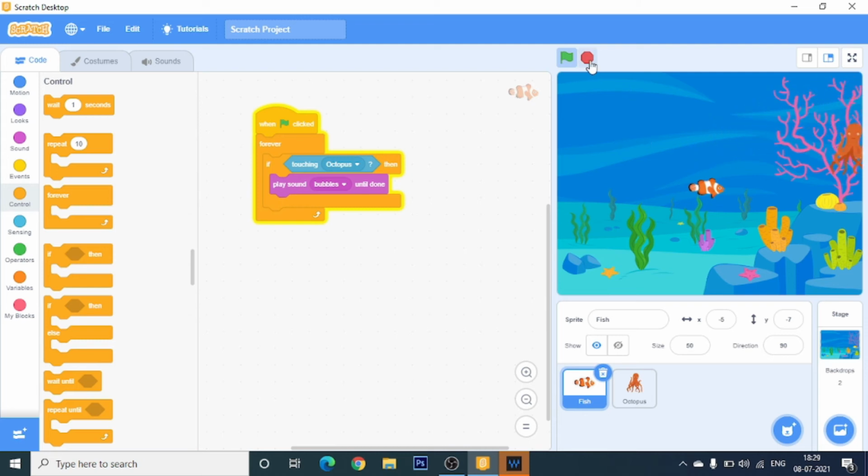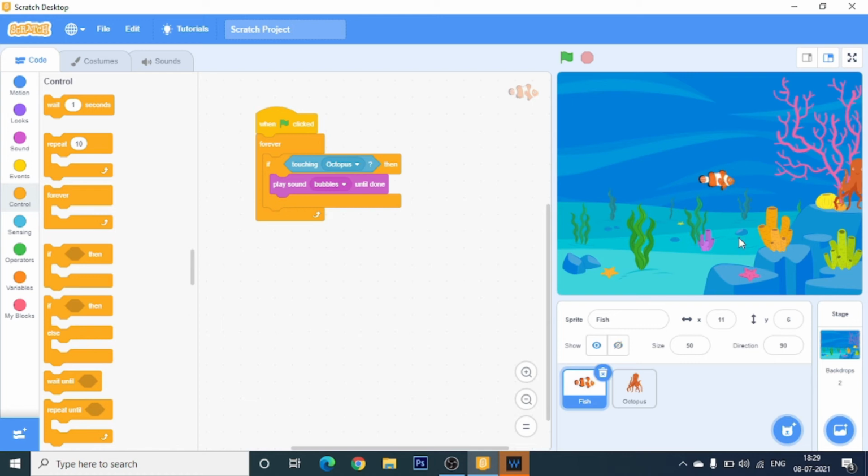So if I want my fish to move in the forward direction, x should increase. If I want my fish to go backward, x will be decreased. And if I want my fish to move upward, y will increase, and for downward, y will decrease.